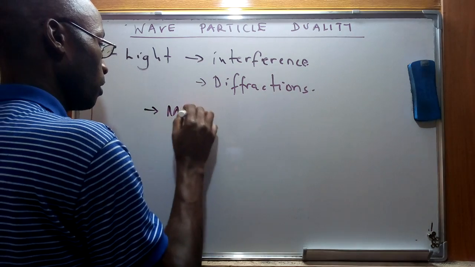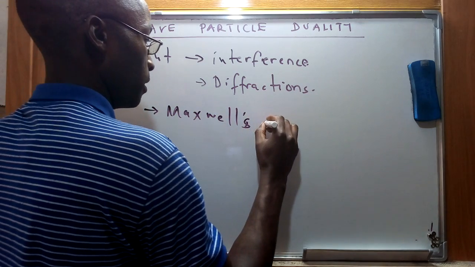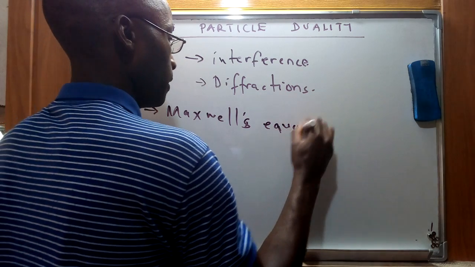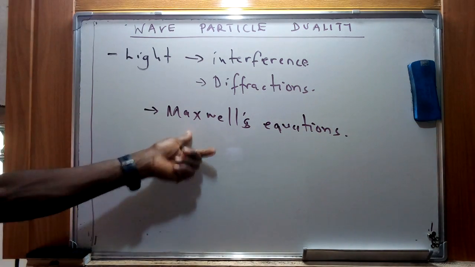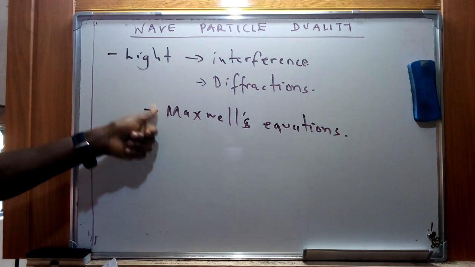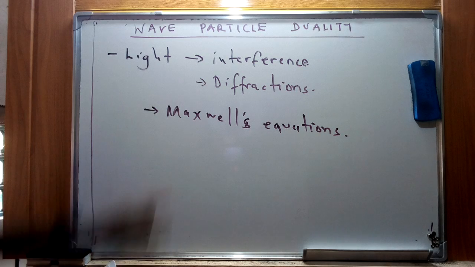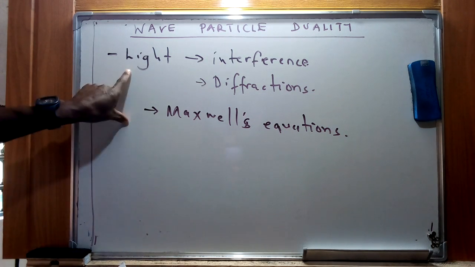We're not going to go into deeper details of what this entails, but we're going to give just a few similar examples or evidence trying to back up the concept of light having some of the characteristics that we're going to discuss. But then we're going to see that we can describe light as a wave.